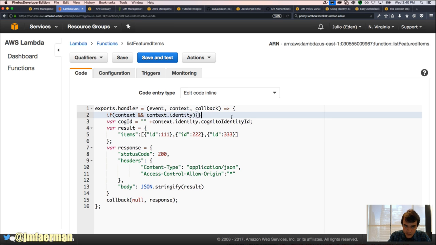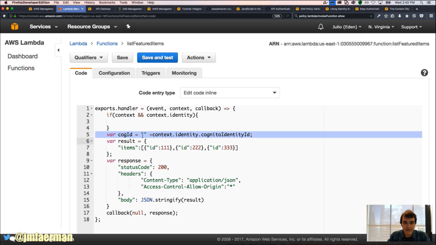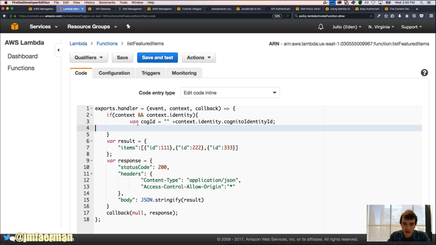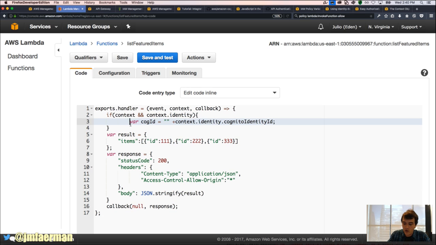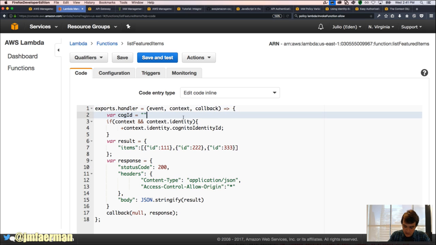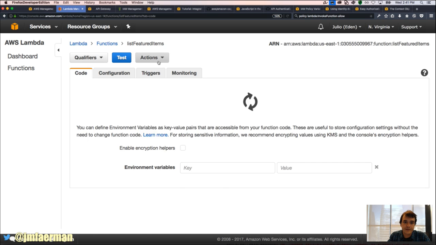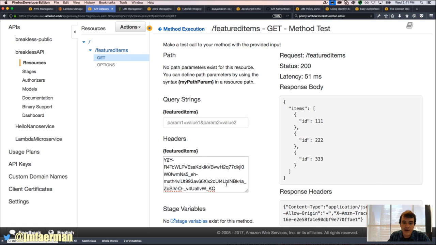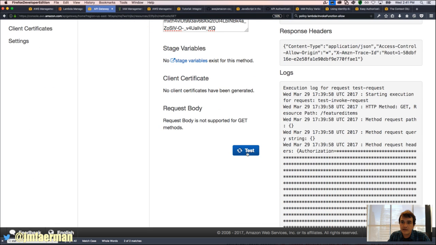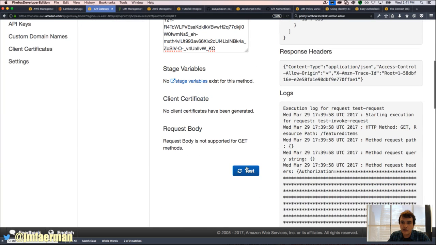Then we set this up. It can always be a runtime exception. I should be testing this in a more appropriate dev environment, not just on the Lambda console like this. And so, unidentified, and let's just make sure it's not this runtime error and test it, and still good,